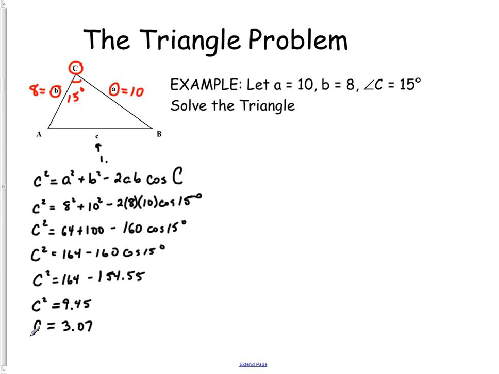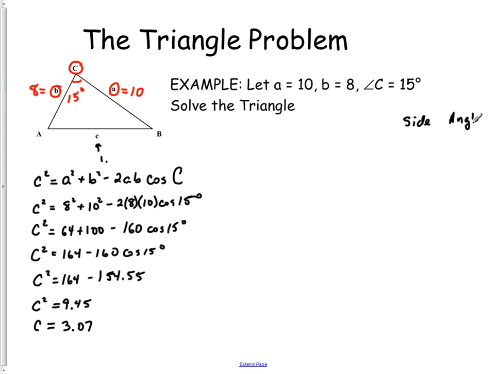Well, that's it. Once we've got side C, that's all we need to find the rest of the triangle, because now we can apply the law of sines. We have enough information. So we apply the law of sines, and we're going to find one of our two missing angles. My advice is always to go for the largest angle. So which is the largest angle? Well, that's right. It has to be opposite the largest side, right? If we're making up that little table that we would be using to check,